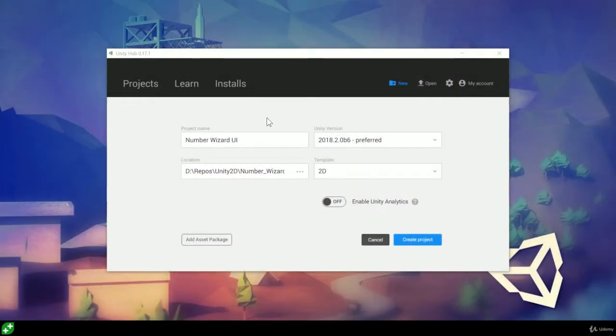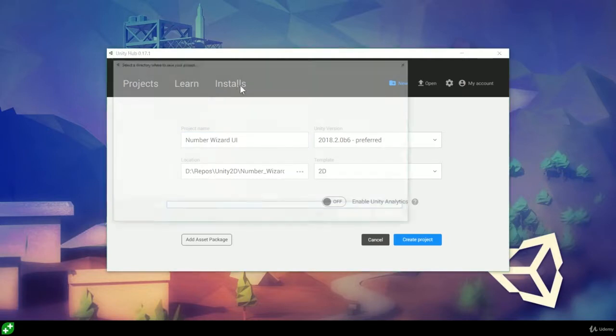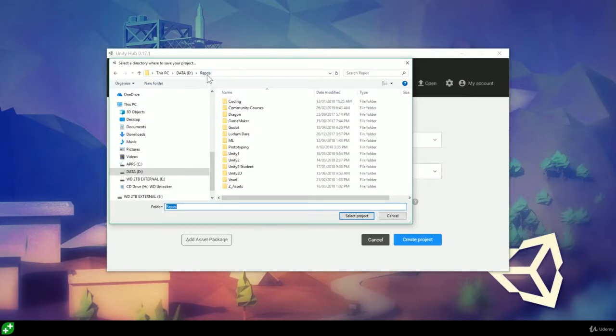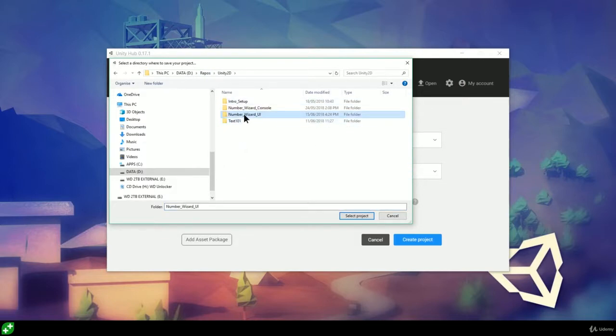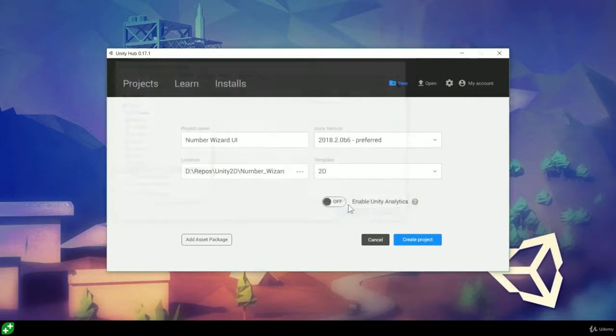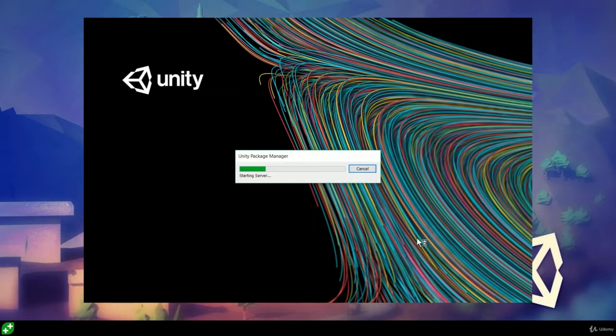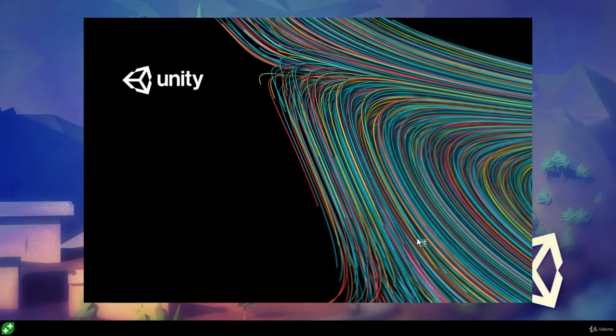Because we're starting a new section, we need to start a new project. I'm calling mine Number Wizard UI, saving it in repos, didn't mean to click it, Unity 2D Number Wizard UI is where I'm selecting my project, and 2D as our template, and I'm using 2018.2. Create project. This will take a minute or so, so what I'm going to do is pause my recording. You might want to pause the video, and then once Unity has loaded up the project, I will see you